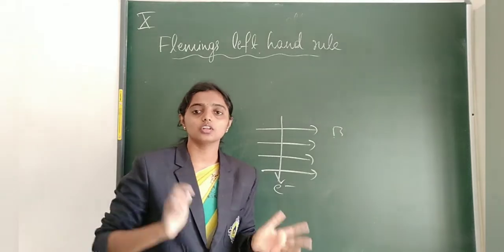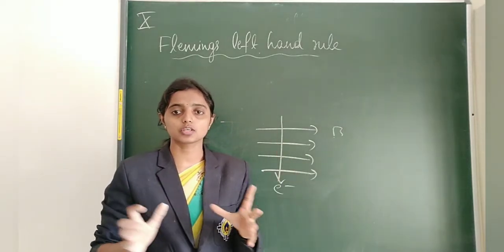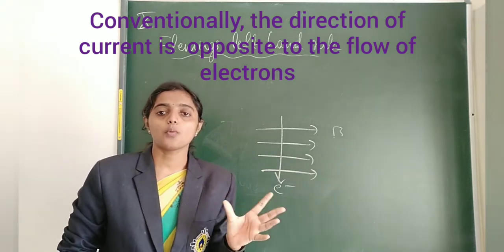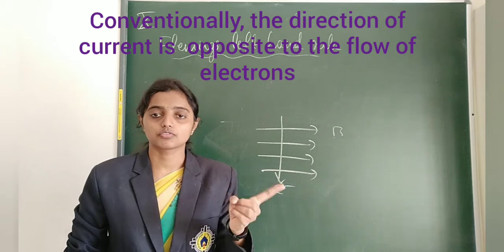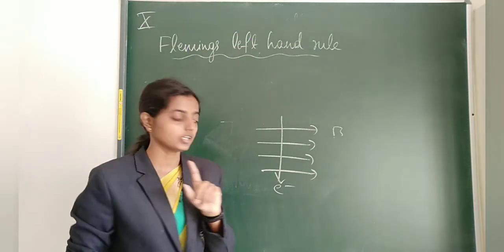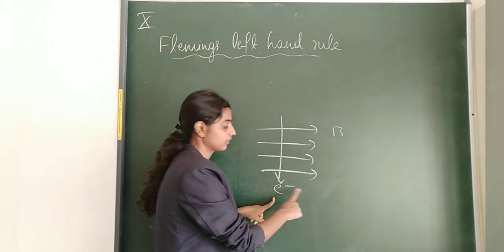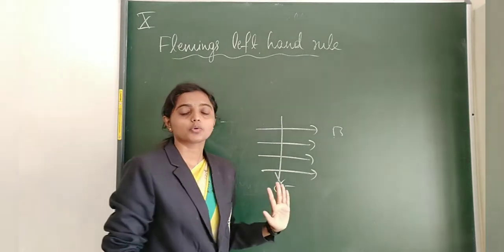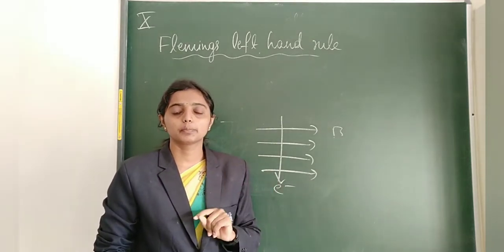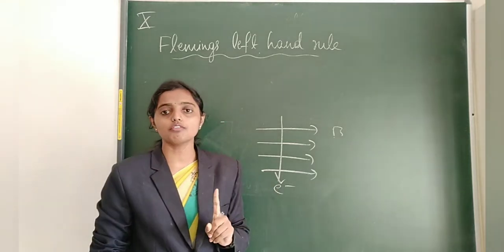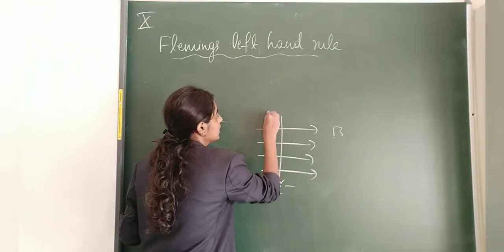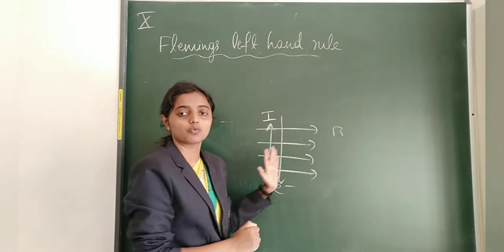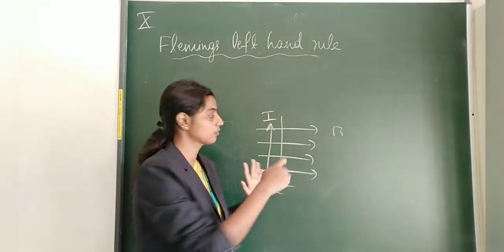Now just recall what we studied in electric current. Conventionally the direction of current is taken opposite to the direction of flow of electrons. I hope you remember that point. Electrons means negatively charged particles. Here they gave the direction of electrons. This means the current will be flowing opposite to the flow of electrons, that is, this is the direction of current. This is a key point which we should analyze ourselves. They won't give this one, so based on our previous knowledge, we should know this.